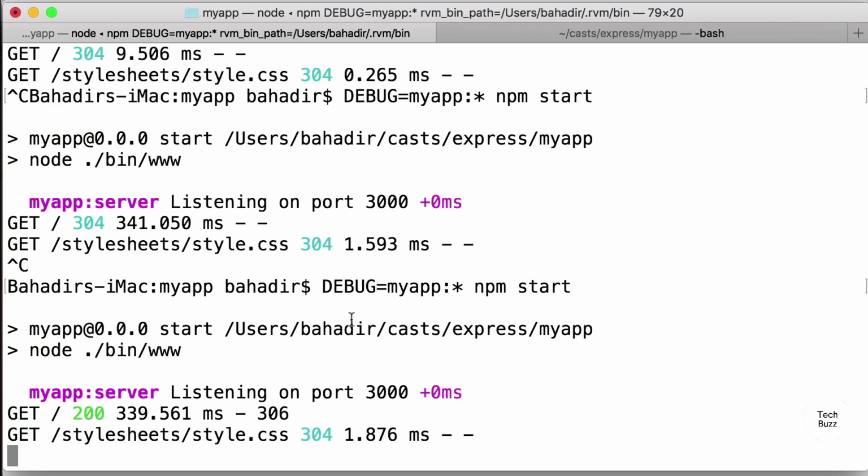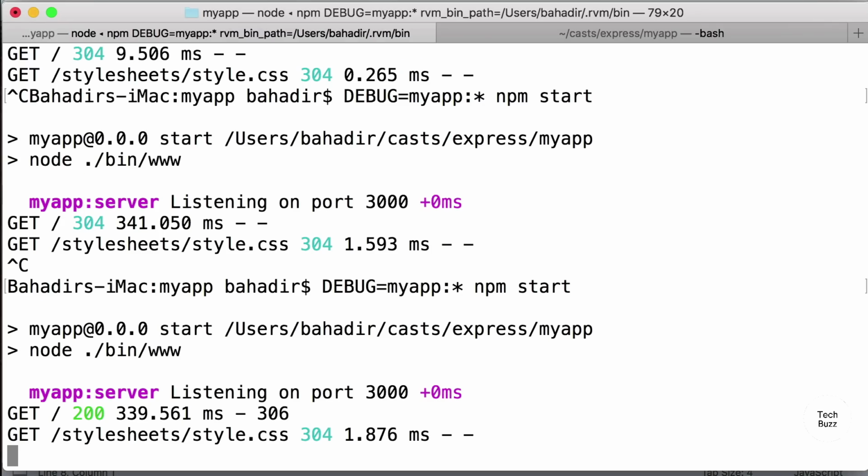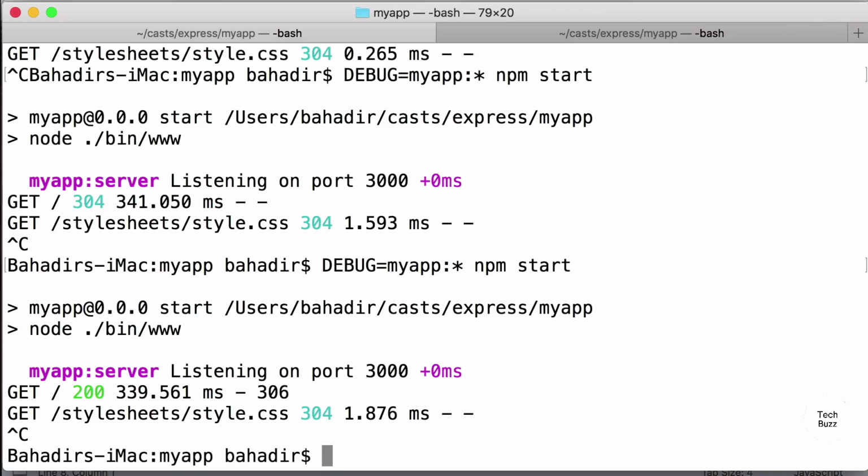Now, one of the problems we have is that every time we make a modification in one of our source files, we need to restart our web server because the changes made to source files are not being recognized. And in order to remedy this problem, there's a tool called nodemon that we're going to install. So I'm going to stop our web server and I'm going to install nodemon by typing npm install nodemon and then also typing